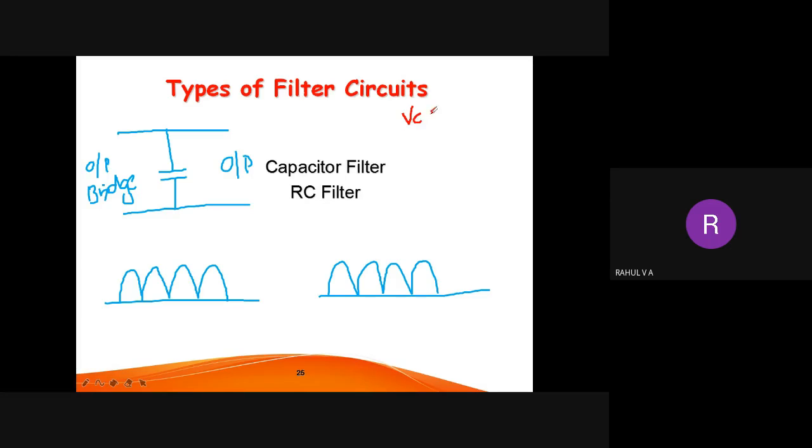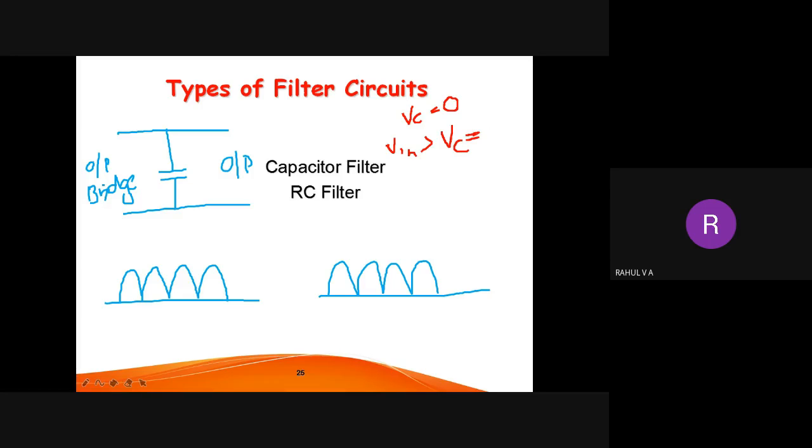Vc is equal to 0. Assume this is a circuit, the output of the bridge rectifier is the input to this circuit, and there is a capacitor. When the input to this circuit, that is nothing but the output of the bridge rectifier, is greater than the capacitor voltage,